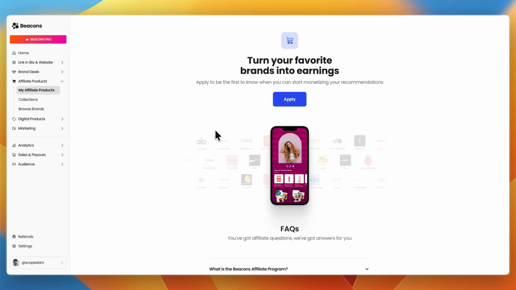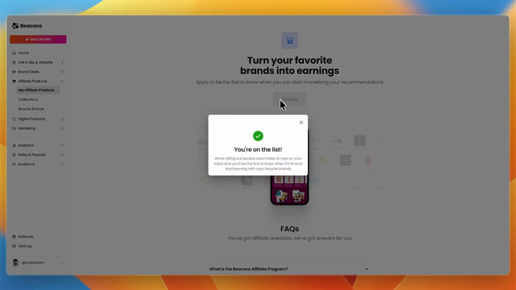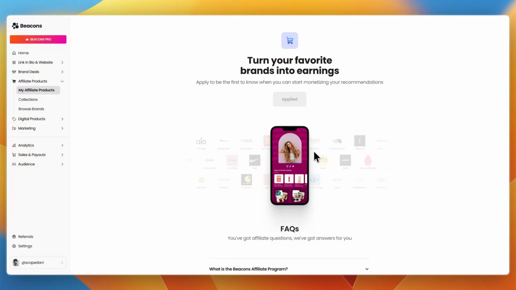Then after one of your accounts has connected, you can click on apply, and then it will say you're on the list. So they are rolling out access soon. Keep an eye on your inbox and you'll be the first to know. Now you can already see some of the brands, so Sephora, Bose, Acer. They have a lot of different brands, and most likely there will be a brand that matches your